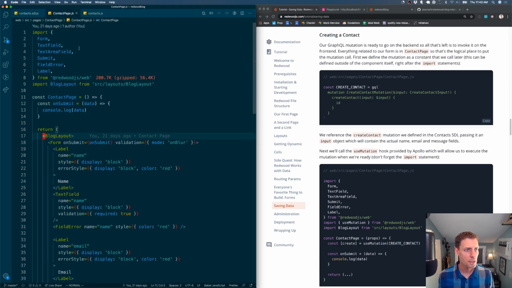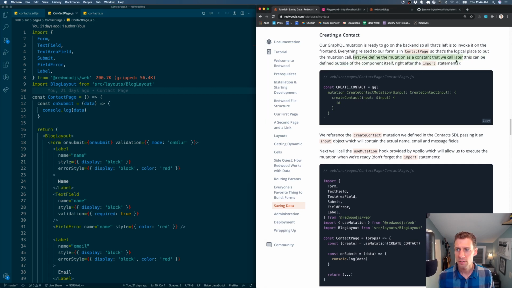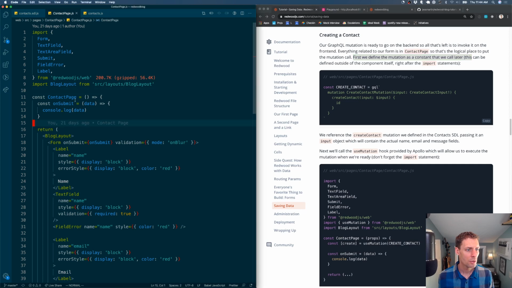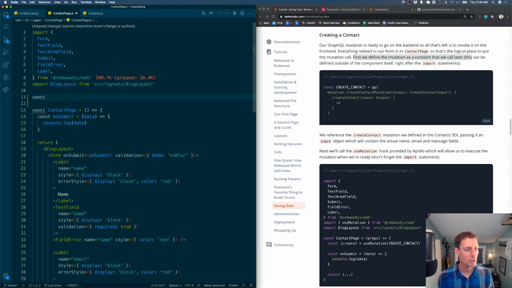In contactpage.js, we're going to create a new function called create contact. So first we start by defining the mutation as a constant that we call later. This can be defined outside of the component itself right after the import statements. Okay, so right after the import statements, outside of the component, we're going to create a new create contact